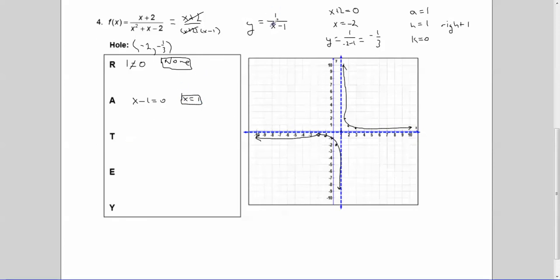There are no multiplicities of 2 in the numerator or denominator, so we have no tangency, and the graph does not come together. Our end behavior is at our horizontal asymptote, and here we can see that it is bigger on bottom. Our degree is 1, and on top our highest degree is 0. There is no variable in the numerator, so y equals 0 is our horizontal asymptote,